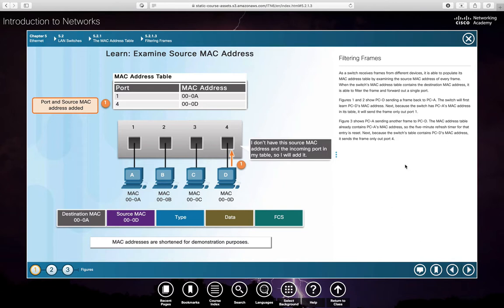Okay, this is showing us that we're going to assume that D talks back. It is on port 4. D's MAC address is 000D, so it puts that into its MAC address table. So this is continuing on from what we had before. If we go to figure 2,